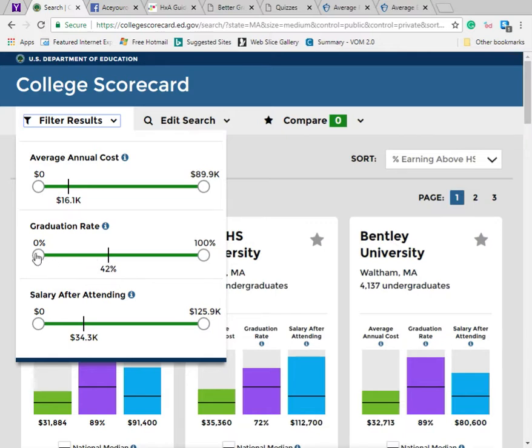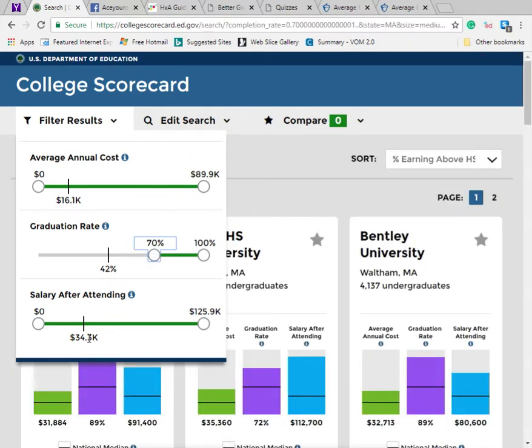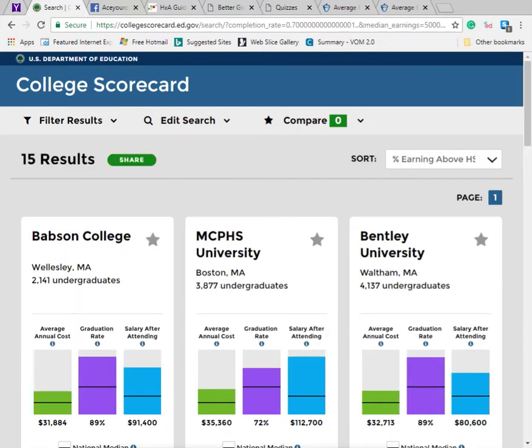You might want to look, however, at a more selective school. So more selective schools try to concentrate on selecting only those students who they think are going to graduate. You want a high graduation rate, like 70%. And then if you're very interested in money, when you get out, you want to make sure the proposition is worth all of the expense. So let's pick some sort of exiting salary that's reasonable but not too excessive. Let's say 50,000. Now that's going to narrow it down. So we have 15 results.